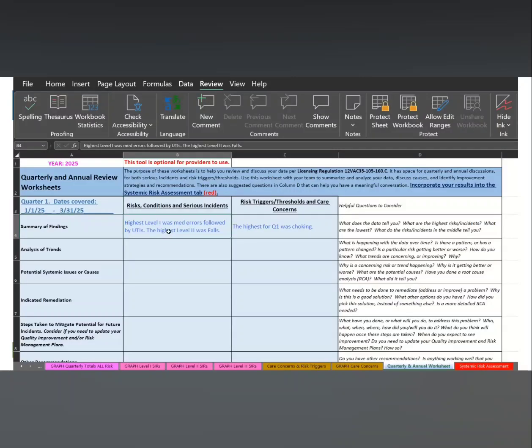It has a place for you to discuss both risks, conditions, and serious incidents, as well as risk triggers and thresholds and care concerns. I highly recommend you get with your team when you analyze your data and summarize your discussions on this worksheet. There are also helpful questions that you can use